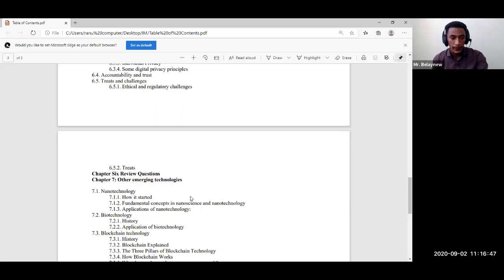ዲስከስ እናደርጋለን ማለት ነው። The last chapter actually for this course is other emerging technology or future emerging technologies like nanotechnology, discuss እናደርጋለን, biotechnology and also blockchain technology. ምን ላይ ነበር የሰማችሁት blockchain, bitcoin ሲባል ሰምታችኋል አይደል? Bitcoin or digital coin, yes digital coin or bitcoin የምንለው ማለት ነው።